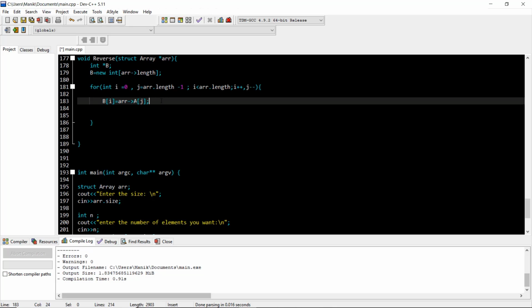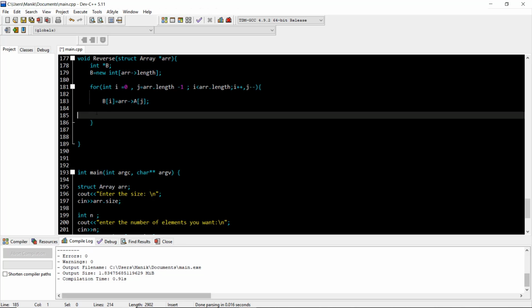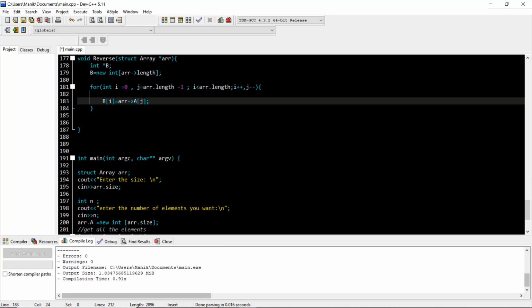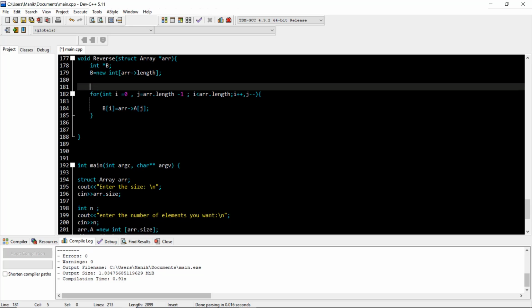From the backward side it will do what? It will just store it in this array. Okay, so this function stores the elements in reverse order.